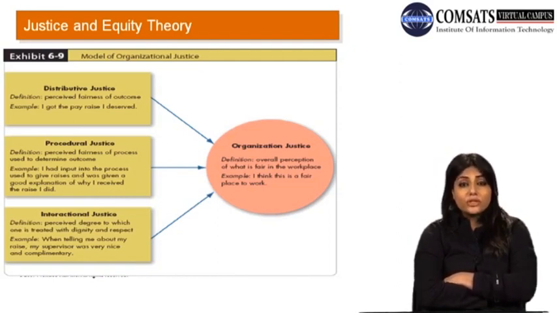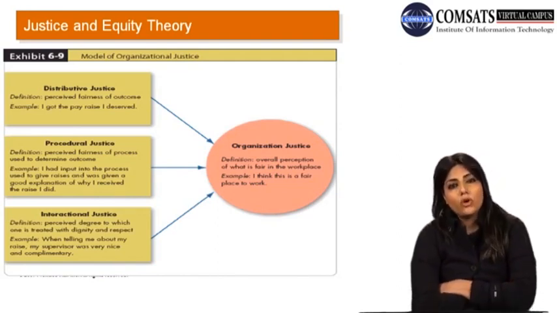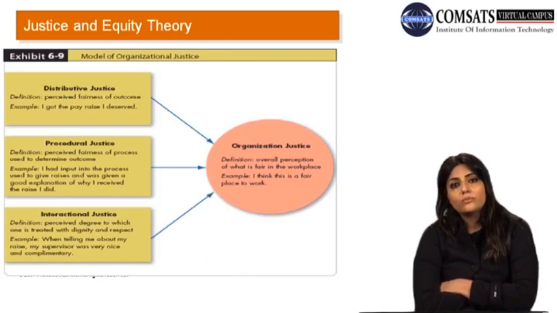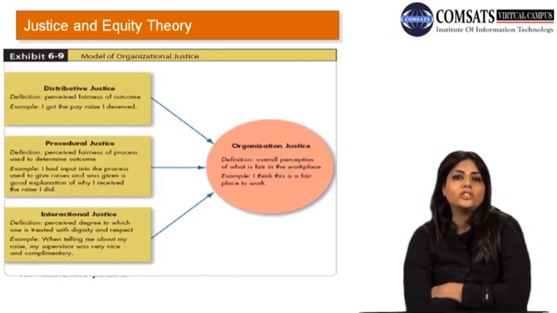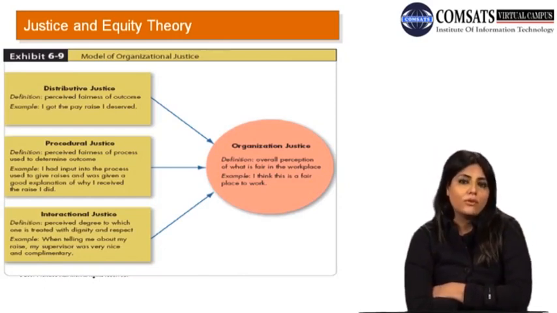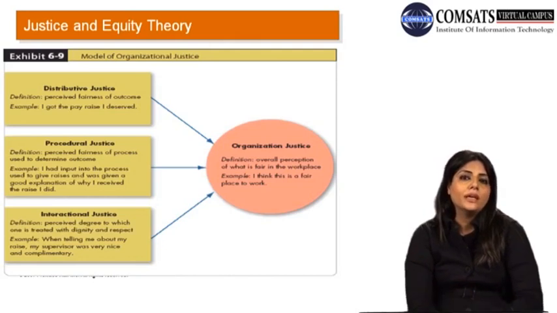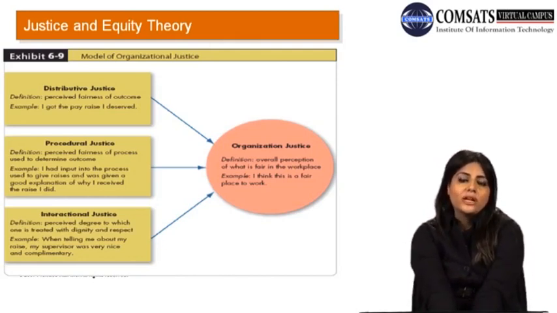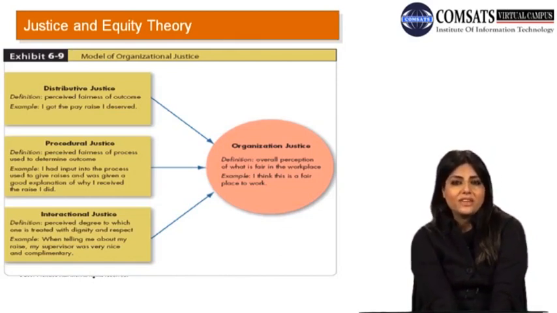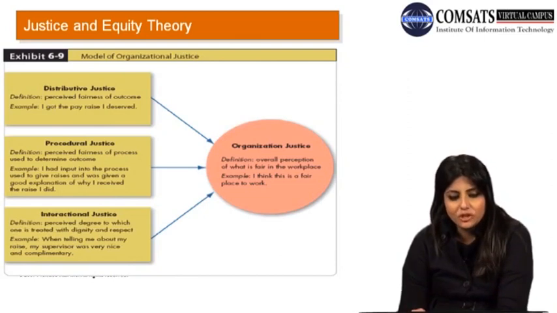So informational justice basically says the degree of the perception of the employees about the quality and quantity of the information that they're receiving from the organization or from their superiors or from their boss or from the manager. So if the employees perceive that they are being informed very well on the different aspects of their job, or the different information about the organization which relates to them, or about organizational decision making, then they will perceive that organizational justice is being used. And if they perceive that they are not being informed well, then they will perceive injustice on this dimension.